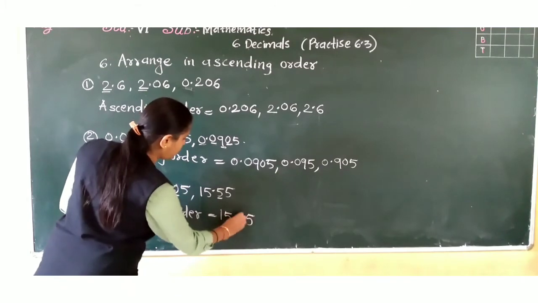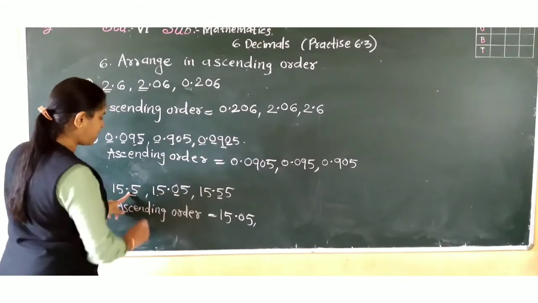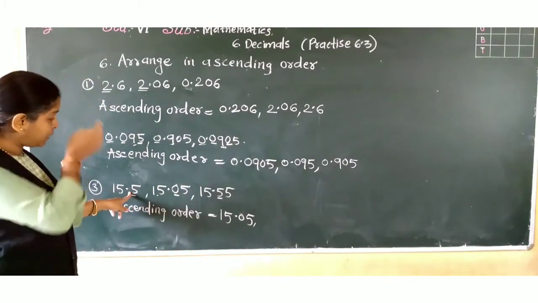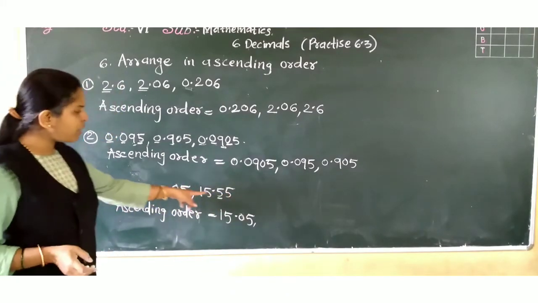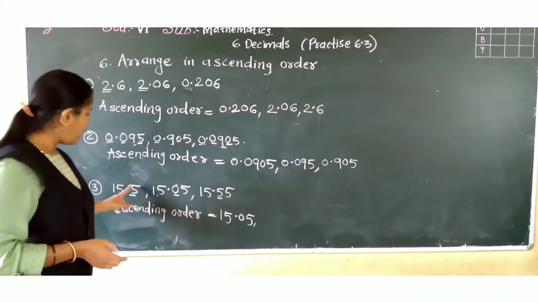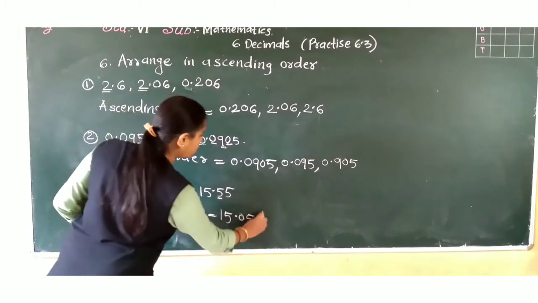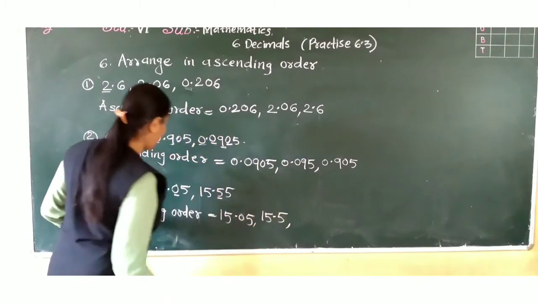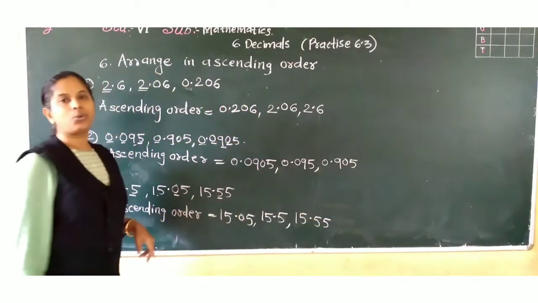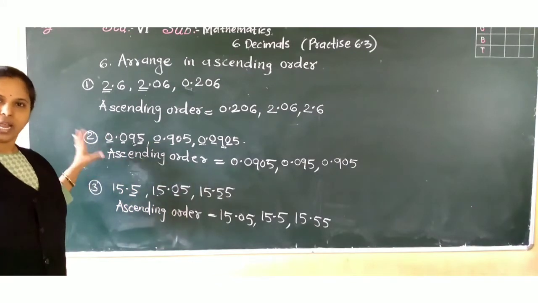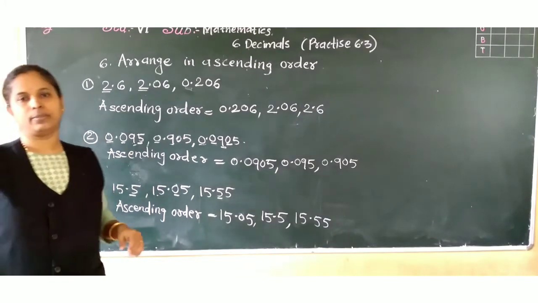Now compare between these two. Here 5 and here, if I convert into like decimals, it will become 50. And this is 5, 5. So who is greater? 5, 5 is greater. That means the greatest, and this is smaller than this. So after the smallest this will come, and then 15.55. Okay, how to compare, understood? Take one digit and then compare and then arrange from smallest to largest.